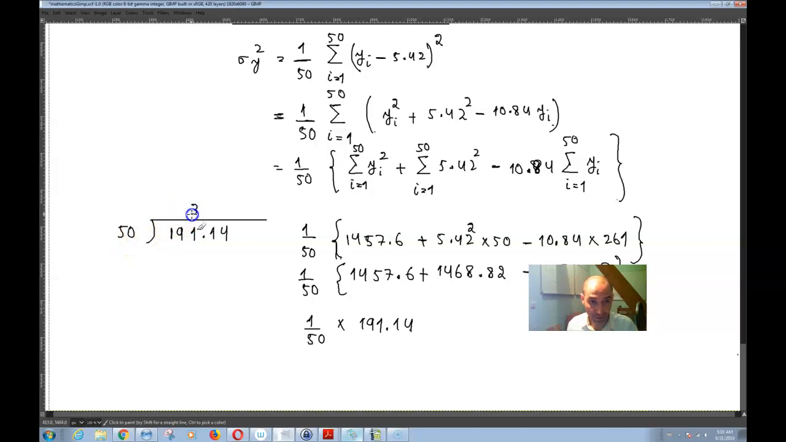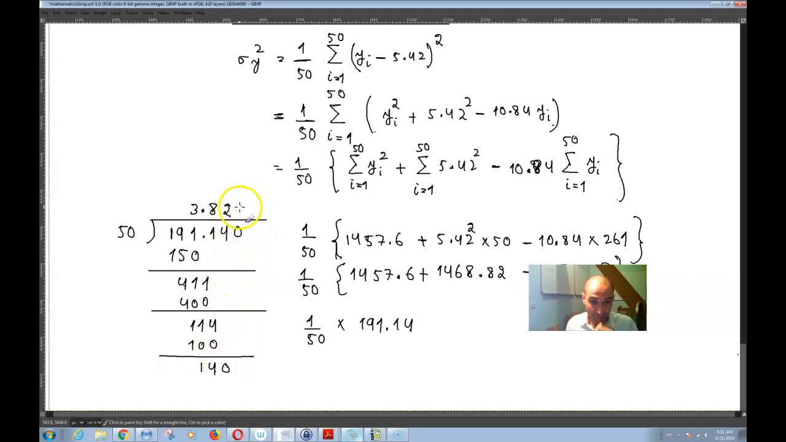3 times 50 is equal to 150. You have a 1, you have a 4, and you have a 1 over here. 8 times 5 is equal to 400, remainder 11, and then you have a 4 over here. 2 times 50 is equal to 100, 14 remainder 0, 0. 2 times 50 is equal to 100, again 40 remainder,